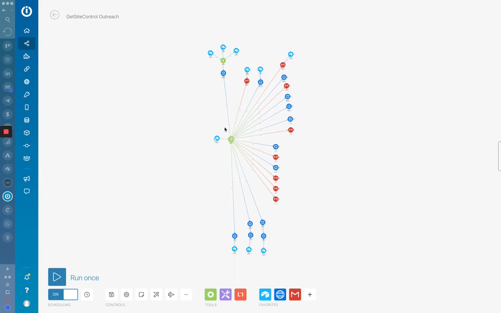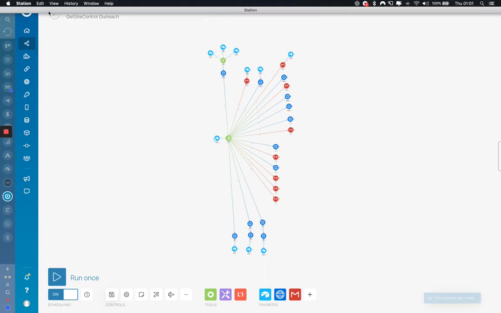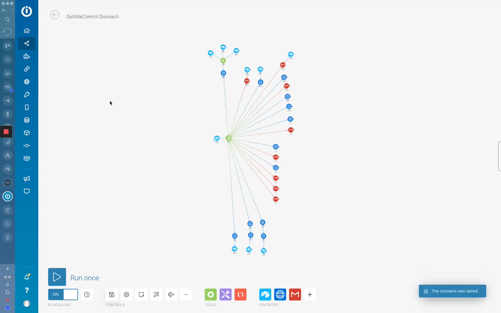So this has been quite an interesting project that I've been working on over the past couple of days, and really building out the segmenting, so checking if LinkedIn messages have been responded to and then filtering from there. Another thing that I'm looking to add into this sequence at the moment is